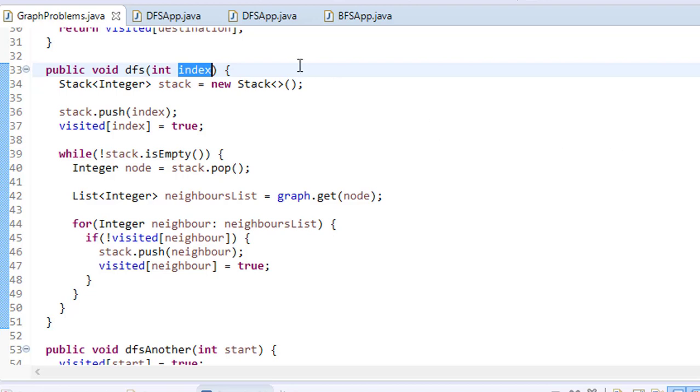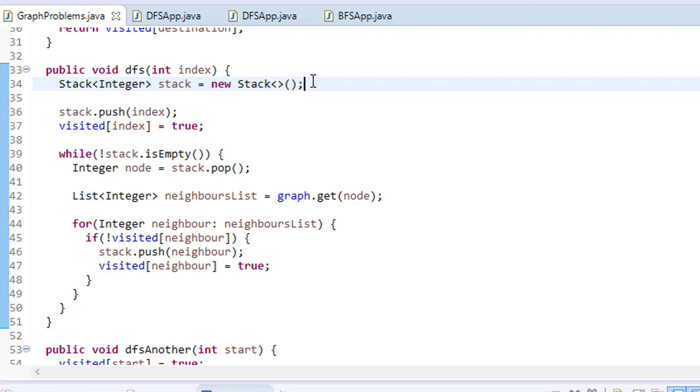Now again, the DFS can be implemented in two ways. One way is via a stack, and the other is via a recursive approach. So this is the stack approach. We initialize the stack. In our previous video as well, we have seen how we can implement the DFS. If you don't know about the DFS, you can see our previous videos where we have explained how DFS is implemented. In the graph playlist, you can see the depth first search traversal, where you will see each and everything about DFS.